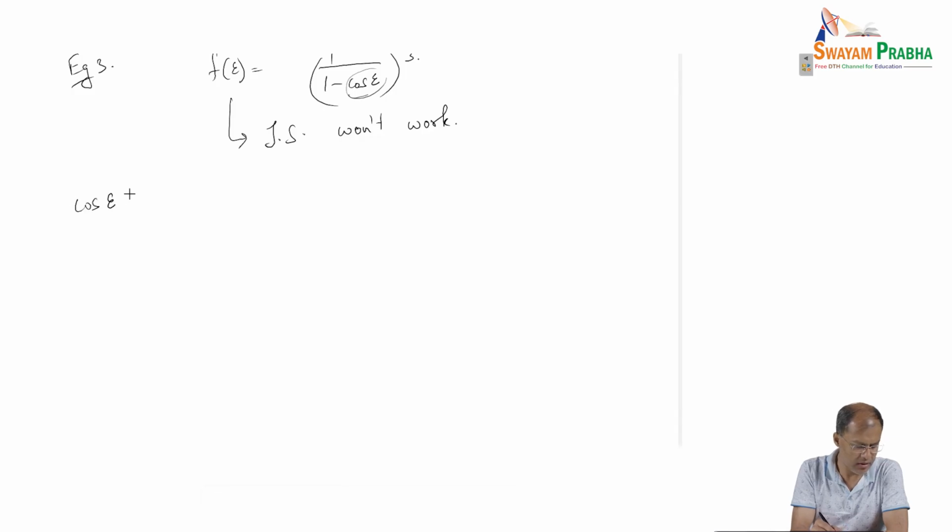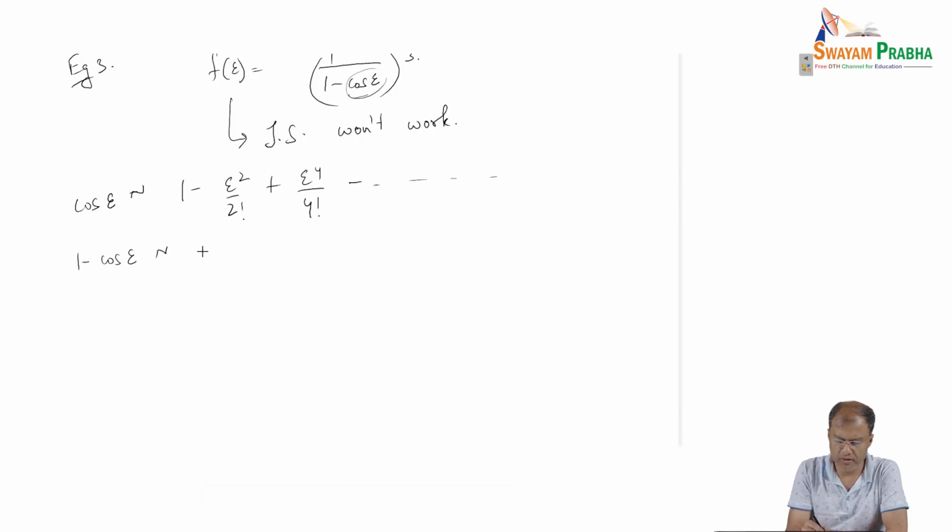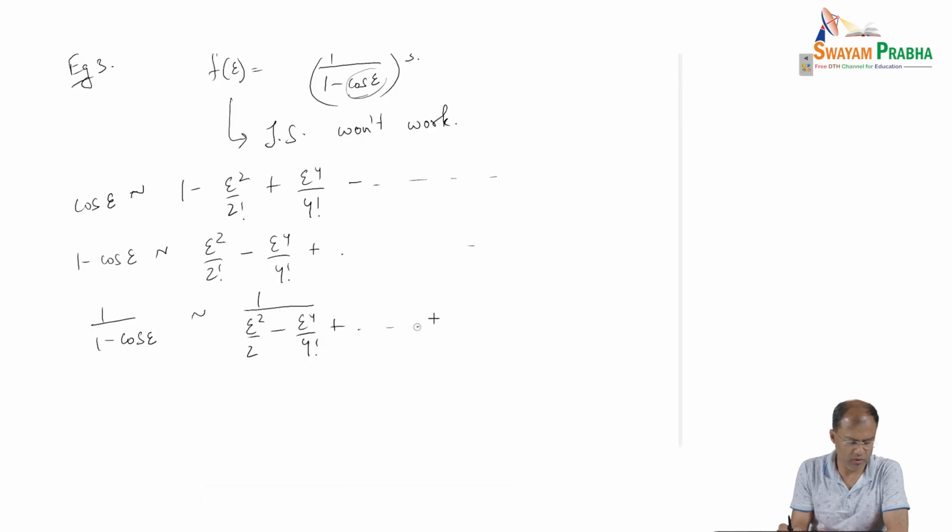So cos epsilon is 1 minus epsilon square by 2 factorial plus epsilon 4 by 4 factorial minus, and so on and so forth. So 1 minus cos epsilon is epsilon square by 2 factorial minus epsilon 4 by 4 factorial plus, and so on and so forth, right? So we have that 1 by 1 minus cos epsilon is going to be, well, 1 by epsilon square by 2 minus epsilon 4 by 4 factorial plus, and so on and so forth,